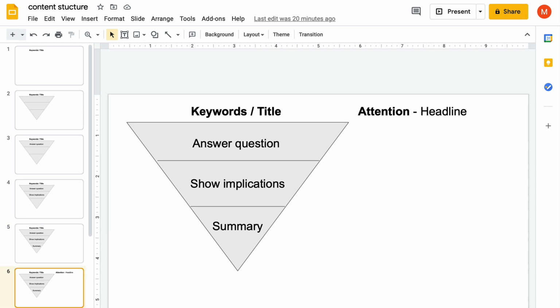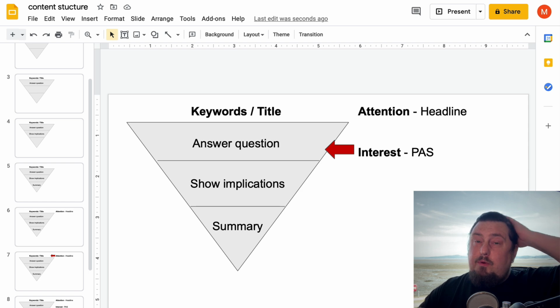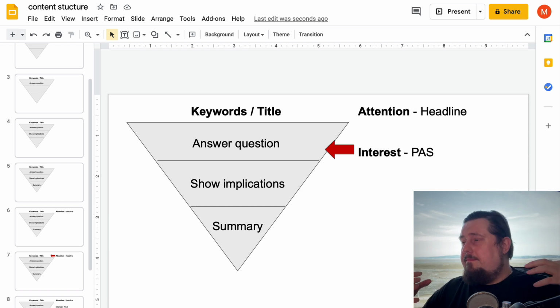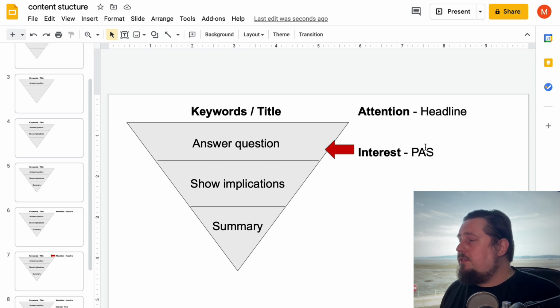So we have attention. We have to grab their attention. We do that through the headline. Then we need to trigger their interest. And we do that by answering the question. We give them the answer that they're seeking. But in addition to that, in this section, very early on in the blog post, we also have the problem,